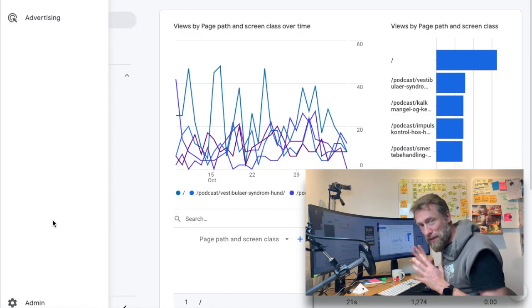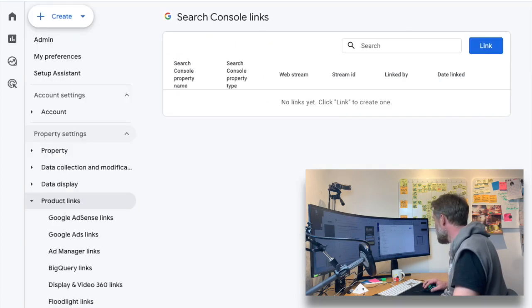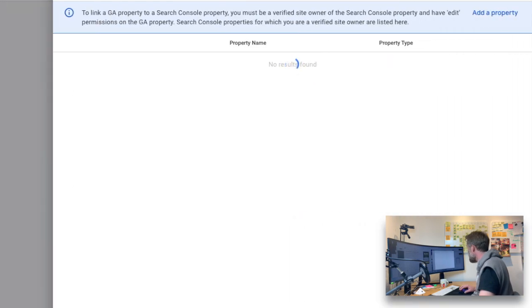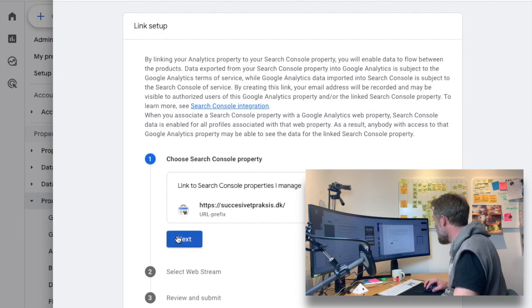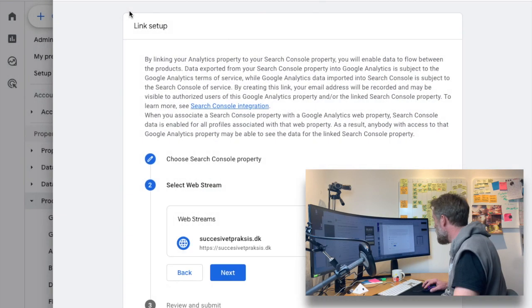In order to make this work, we have to couple Google Analytics with Google Search Console. I go to admin, and down here, all in the bottom, I find Search Console. I click link, choose accounts, find the right one, and I click the web stream.